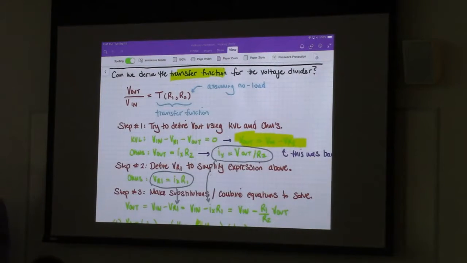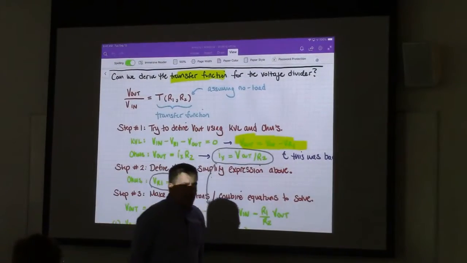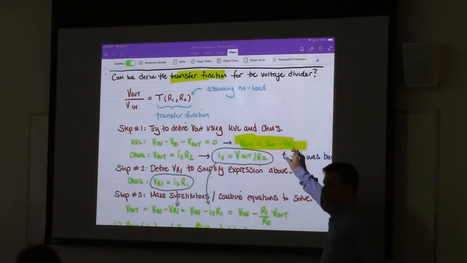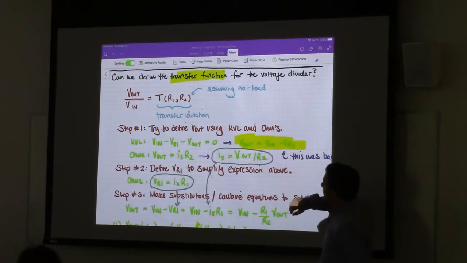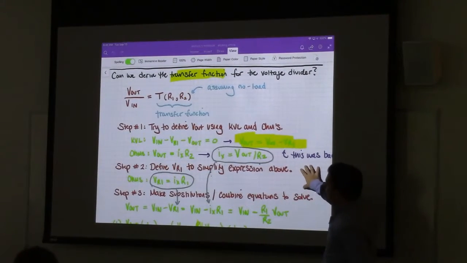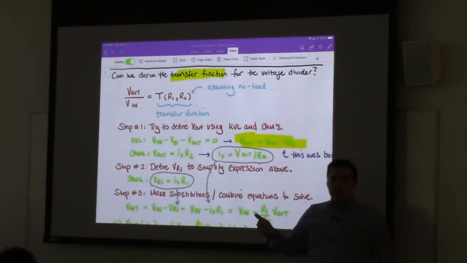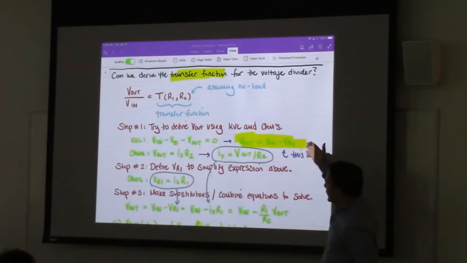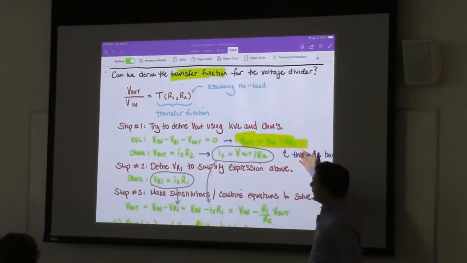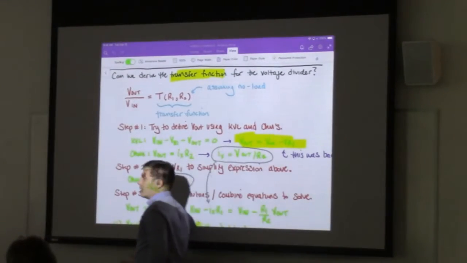We talked about deriving the transfer function for the voltage divider, and in the video it was a little bit convoluted the way that I did it because I made a mistake when I was first writing out the expressions, but eventually we got it right. What we showed was that using equations that we already know how to define, KVL and Ohm's law, we can look at the circuit schematic, highlight the appropriate expressions, and then make substitutions and combine things together in order to determine what the